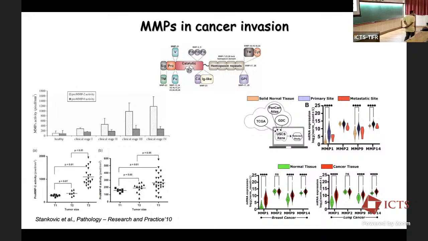MMP1 is a collagenase, so it makes sense that in epithelial cancers where there is a lot of deposition of collagen,